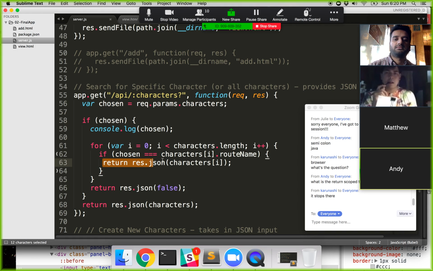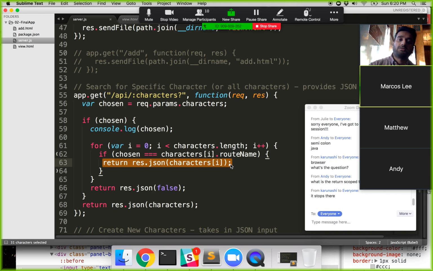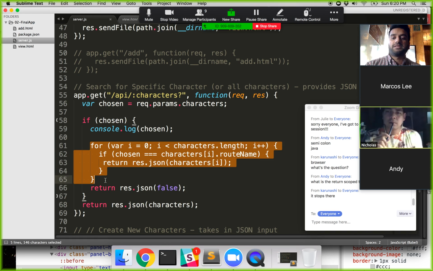Why is that? Why would this never be hit if this was true and this was false? Correct, yes. So it's only if chosen was equal to false would this ever hit, right? Correct. So if this never hits,